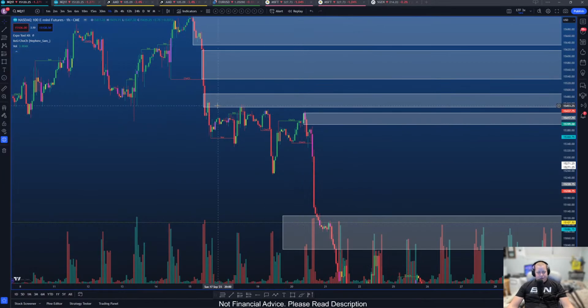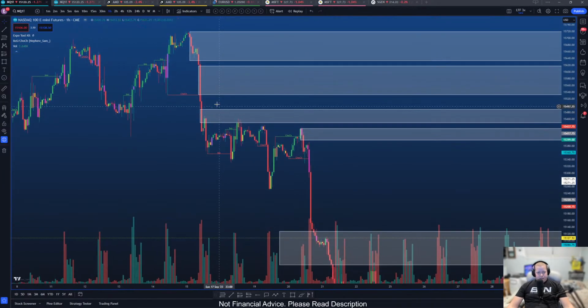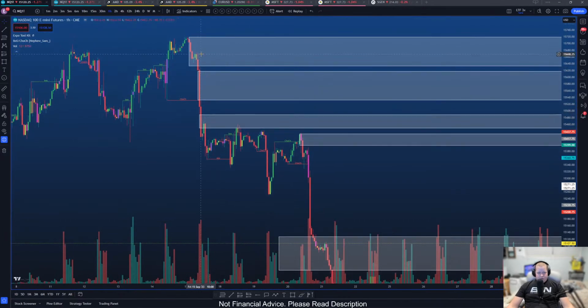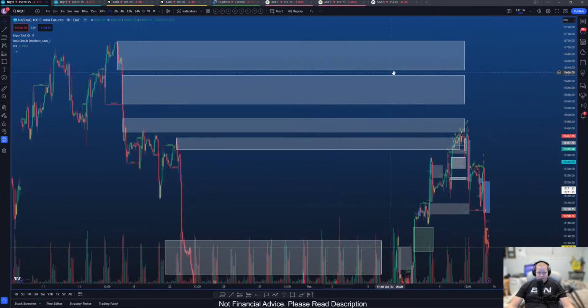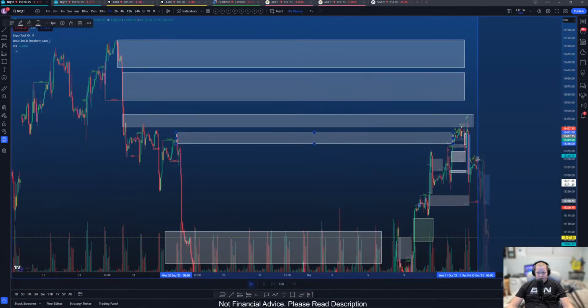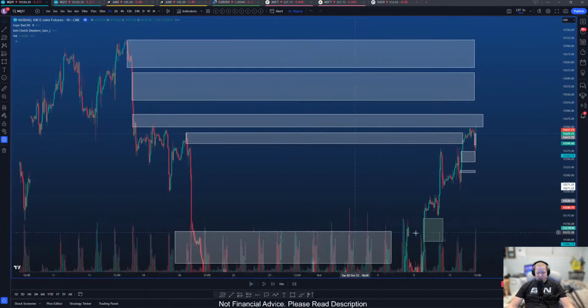There's a fair value gap here that's already been traded through a little bit. There's another fair value gap with an order block inside, and then an order block above there as well. So this topmost rectangle is going to be the one to watch for me. So if I pull price over here to the right, going into Wednesday close, I didn't trade that session, but Thursday, obviously I know that we went down, but let's look at this from